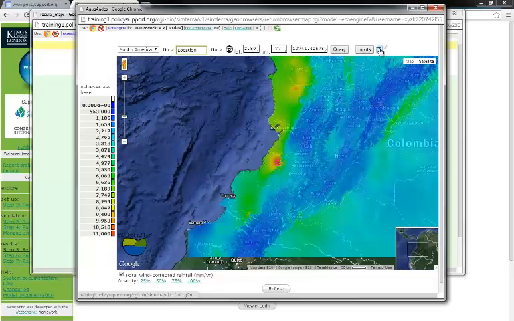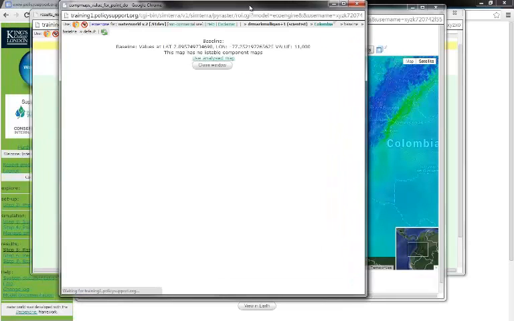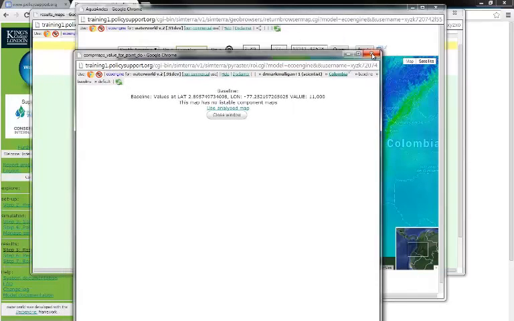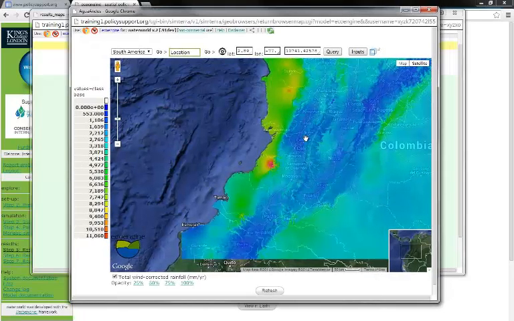If I click on inputs, I can then query all the inputs, the map at this point. This is a function that is very useful, not for this particular map, but for the water balance map. You'll be able to see the components that make up the map at this point. So if I close this,